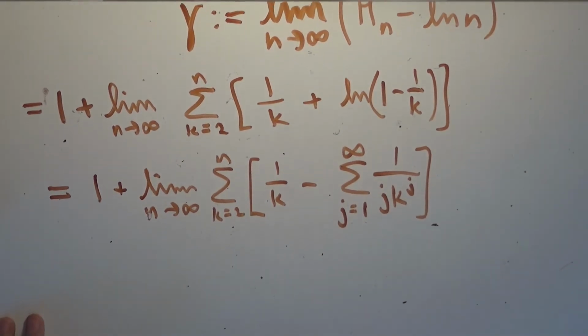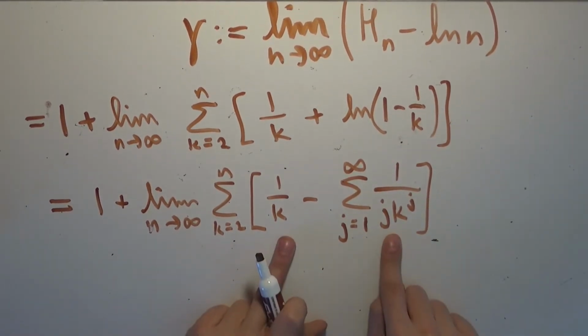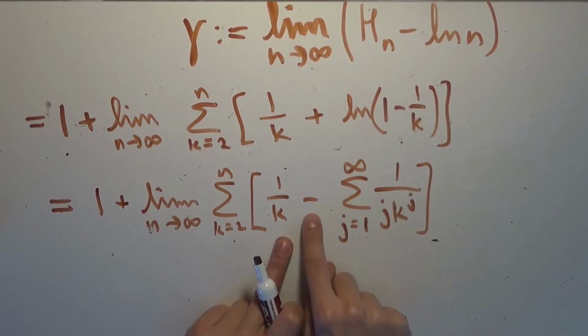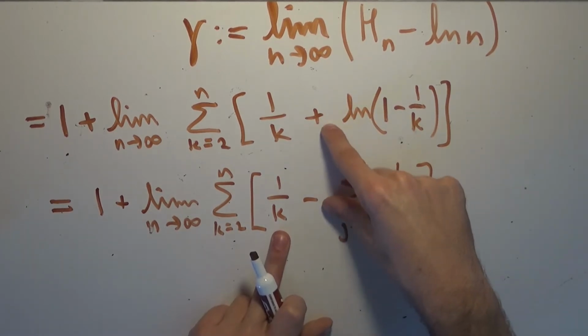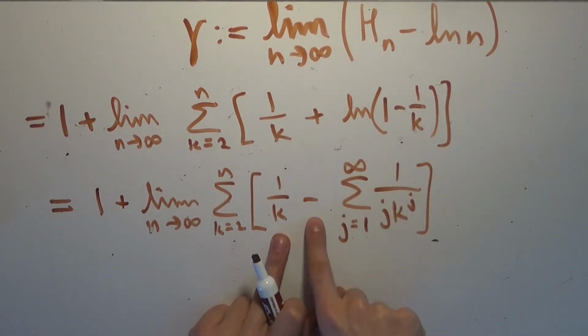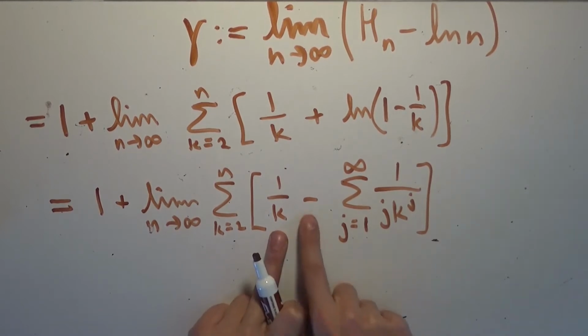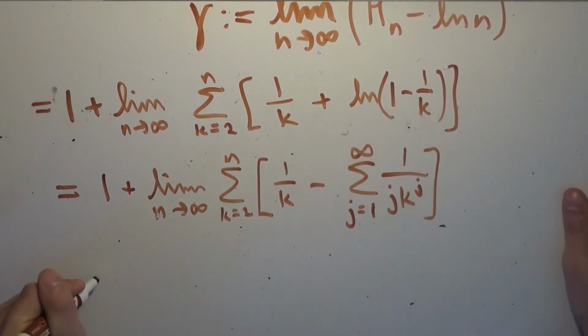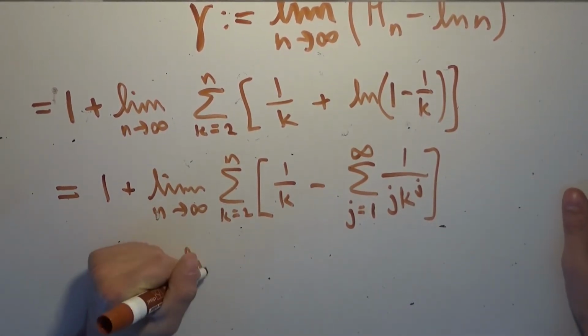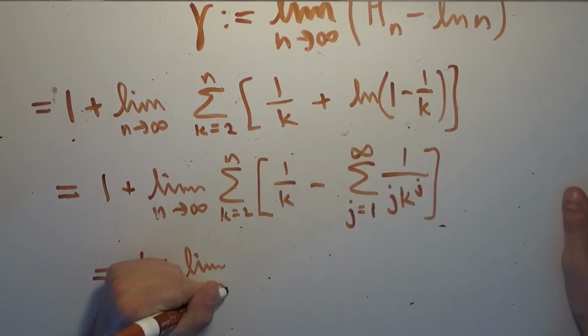Another cool thing I can do is realize that when I plug in j equals 1, I just get 1 over k as my first term, which means I get negative 1 over k as my first term, canceling with this k. By the way, this sign change is not a mistake. The negative sign is part of the Maclaurin series of the natural logarithm of 1 minus x. 1 over k is going to cancel with the negative 1 over k that I get by plugging j equals 1 in. So what I actually end up with is 1 plus the limit as n approaches infinity of the